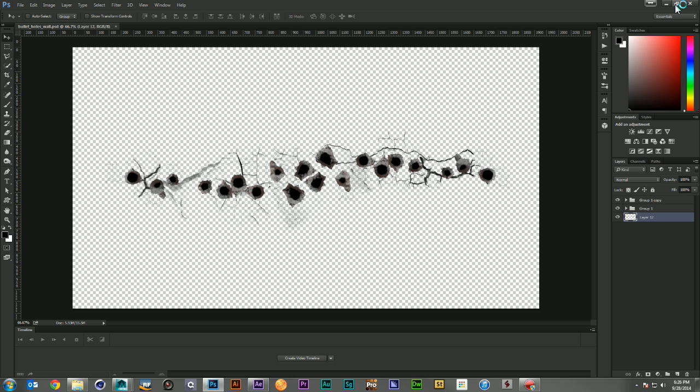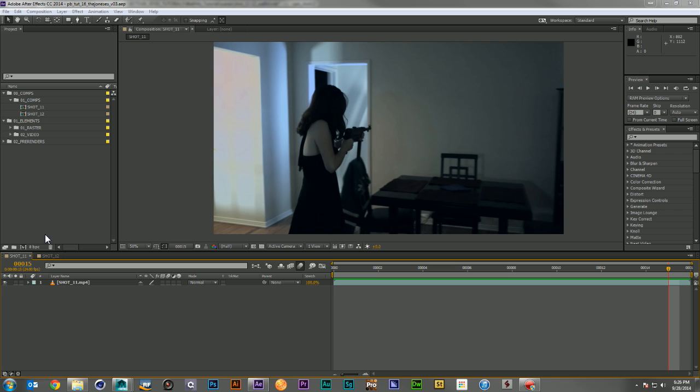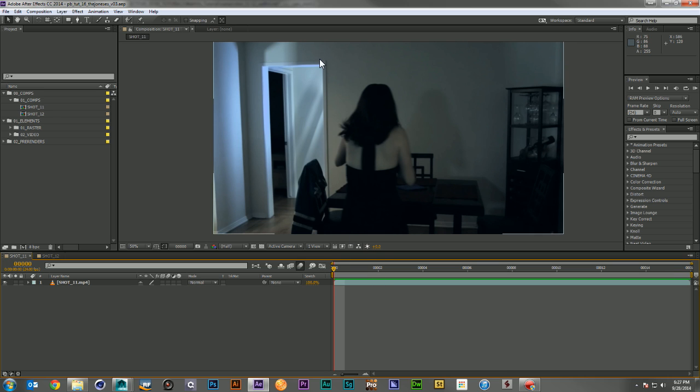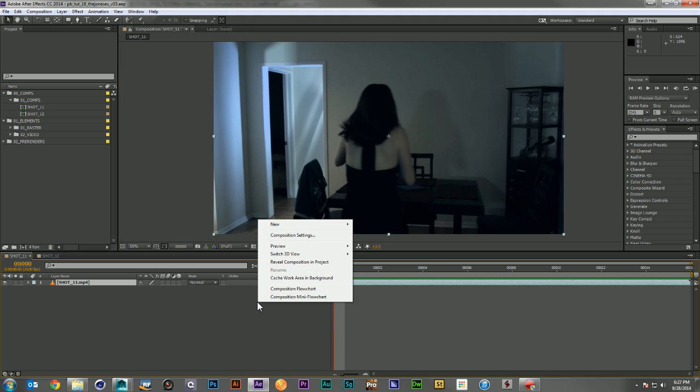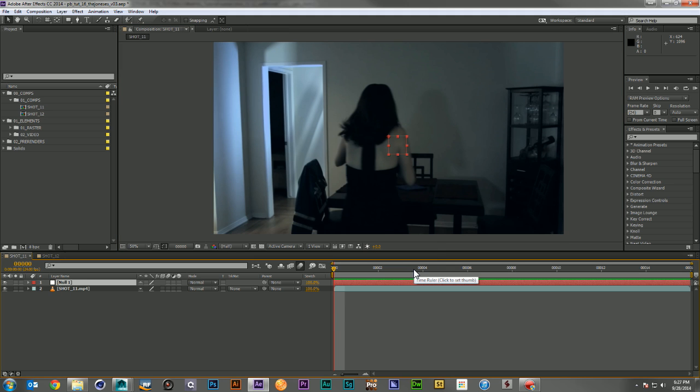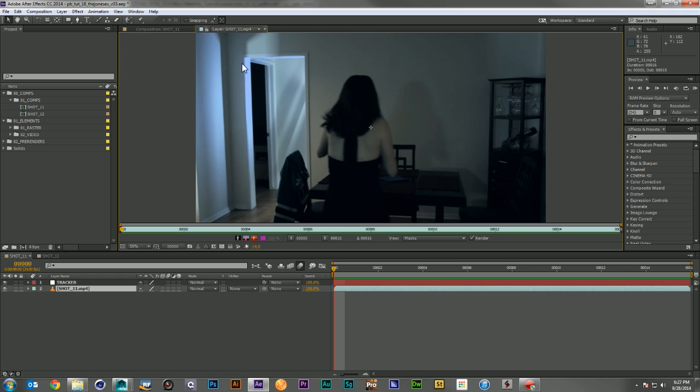And I'll go ahead, close out of Photoshop, and I will come over here, and while that's still rendering, there's a little more I can do, which is we need to be tracking this wall here, and we've got a pretty good point of reference right up there, so I'm going to come here, create a new null, call this the tracker, and I will double click on my footage to go into the layer window, and I will go to my window,